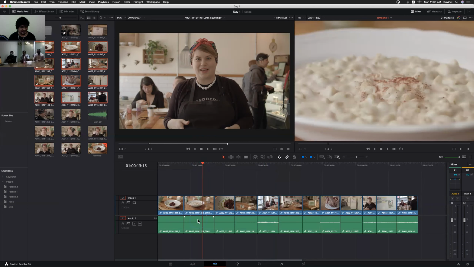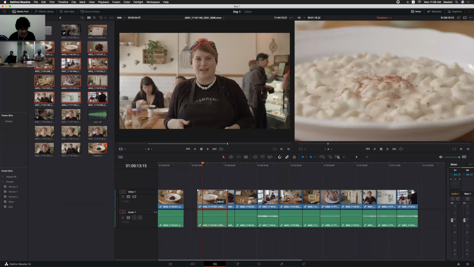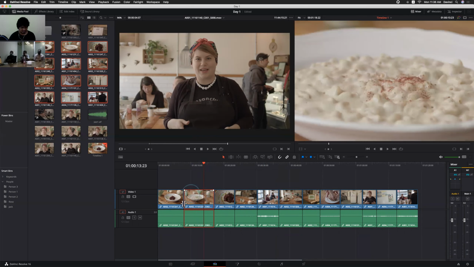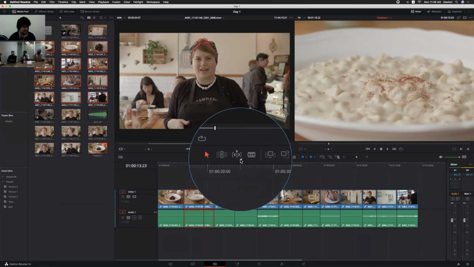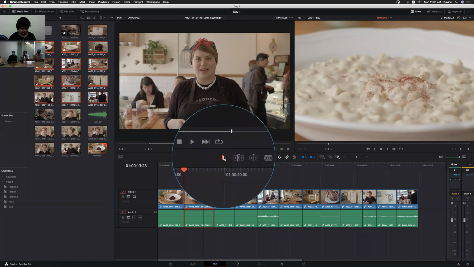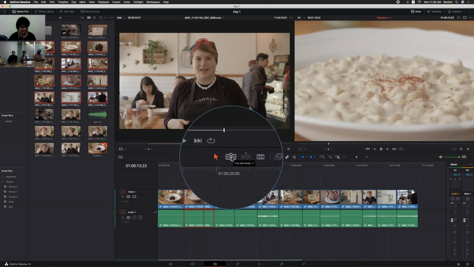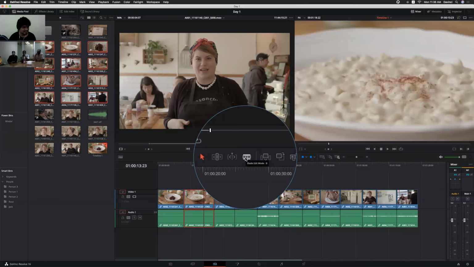And anyway, it's a track based editing application. By default, it will overwrite everything, right? So we know how to trim, right? And we are not seeing much of the tools here. We are seeing only 4 tools: selection tool, trim tool, and dynamic trim, as well as blade tool.